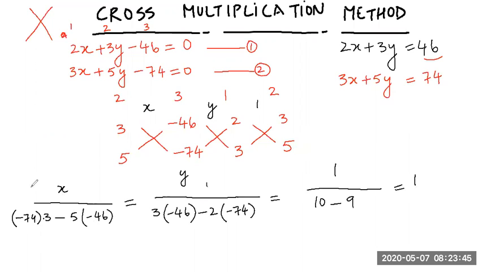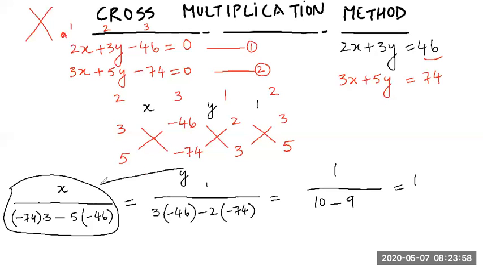Third step is, we have seen that this is equal to this, and this is also equal to 1. So we can straight away say that this is equal to 1. From here we will get x. And then we will say this whole thing is equal to 1, and we'll get the value of y. So you see that I'm trying to solve this.